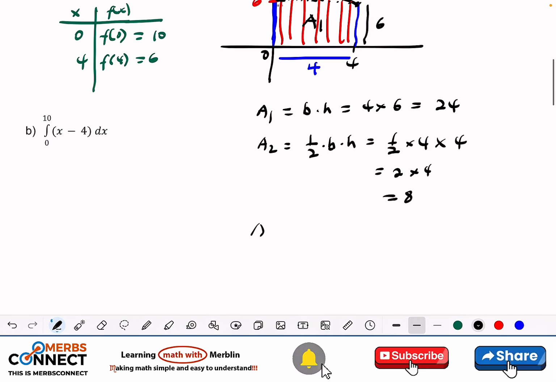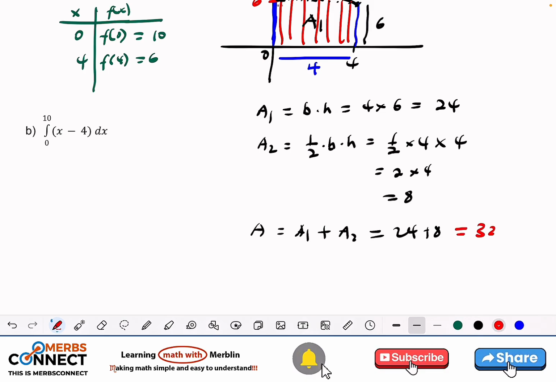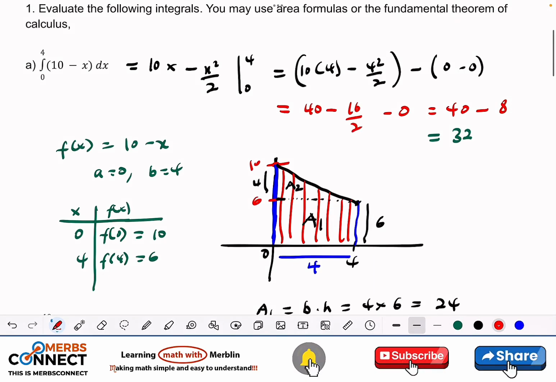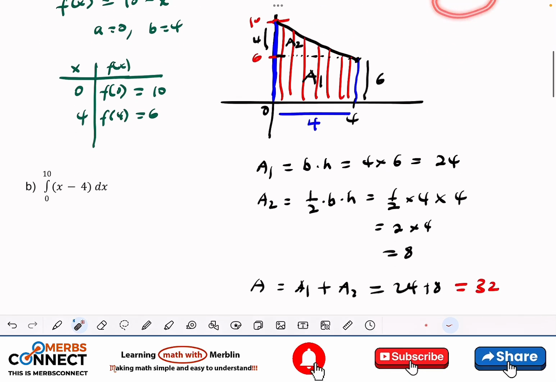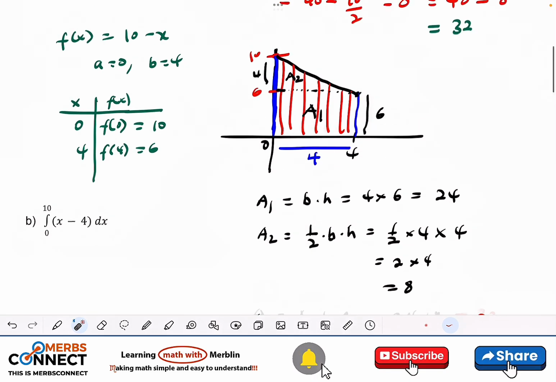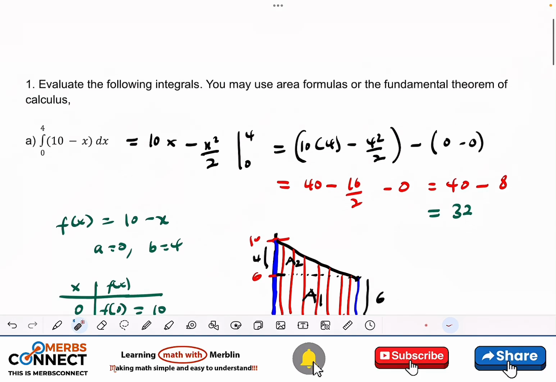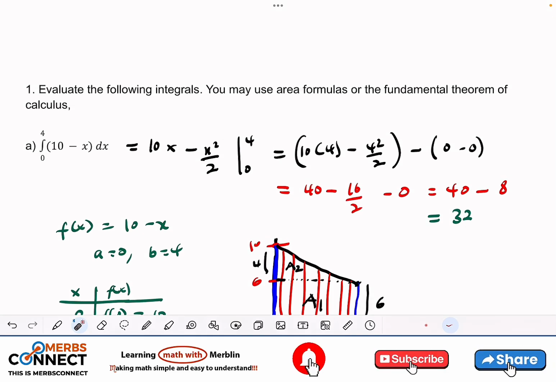So the total area will be A1 plus A2, and this is going to give us 24 plus 8. And of course, this is 32. Right here. Yes. This is also 32. So basically, when you use the area formula and then the fundamental theorem of calculus, you are going to get